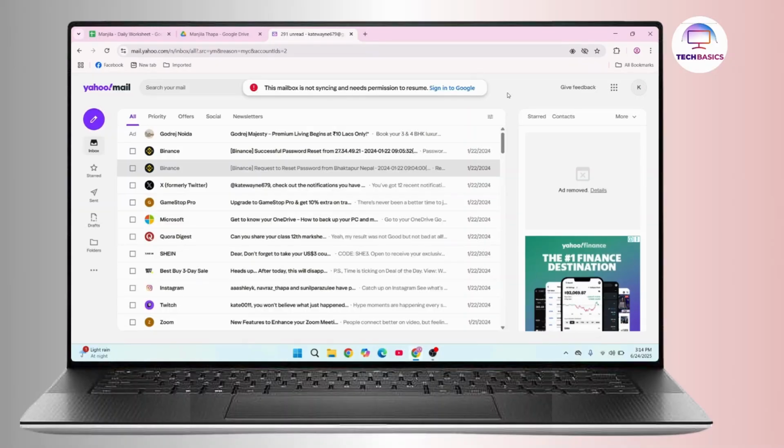On today's video we will learn how we can block unwanted email on Yahoo Mail. So without further delay, let's get started. First of all, you have to log in to Yahoo Mail. Once you're logged in, head over to your inbox and select the email that you think is unwanted, and if you want to block it,